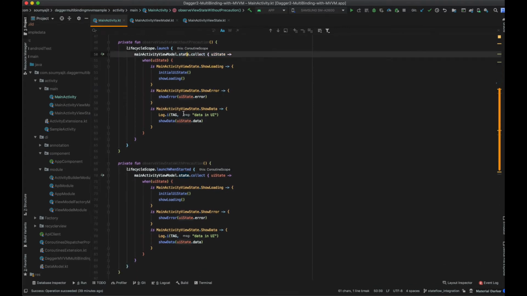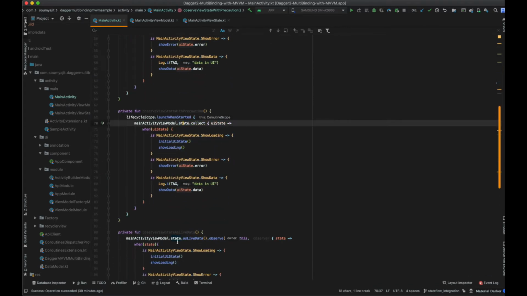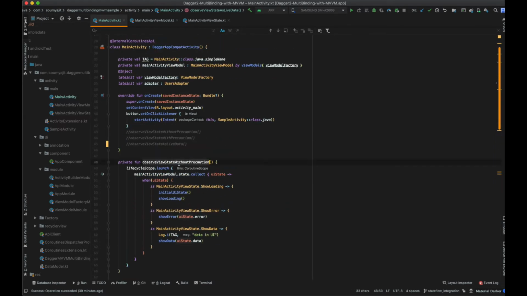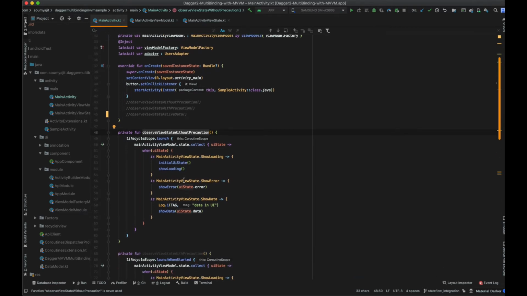Now let's see why I am observing it three times. If you see here, I am collecting it, here I am collecting it, and also here. So first let's look at the first case, observe view state without precaution. I have said without precaution because this is something we should not do, right? Why? Because to collect this flow, this StateFlow, we have to create a coroutine scope, and here I have used launch, right? Now the problem with launch is